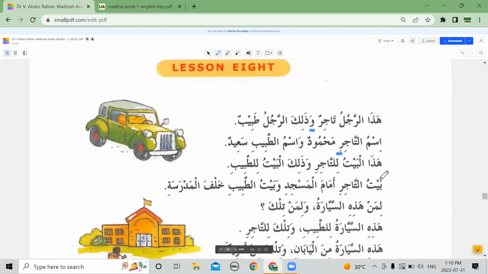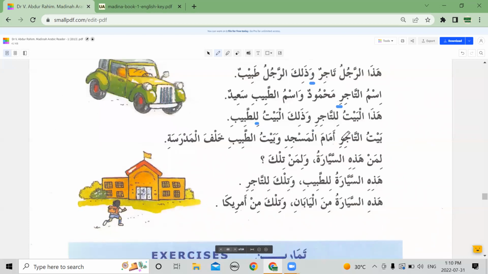Good. Nice. هذا البيت للتاجر وذلك البيت للطبيب. This house is the merchant's, and that house is the doctor's. Very good. بيت التاجر أمام المسجد وبيت الطبيب خلف المدرسة. The house of the merchant. Amama means in front. In front of the masjid, and the house of the doctor is behind